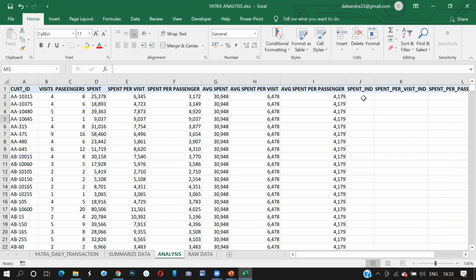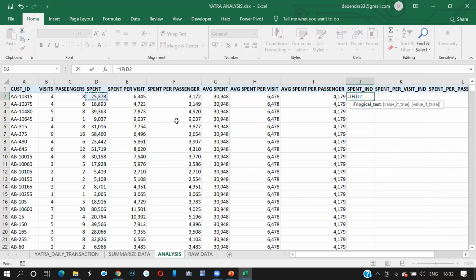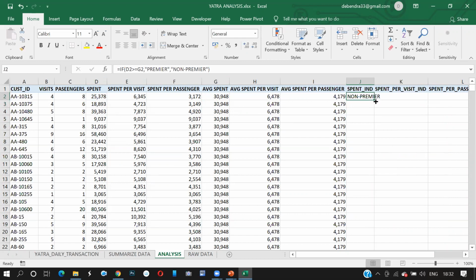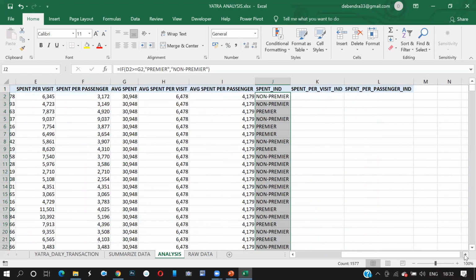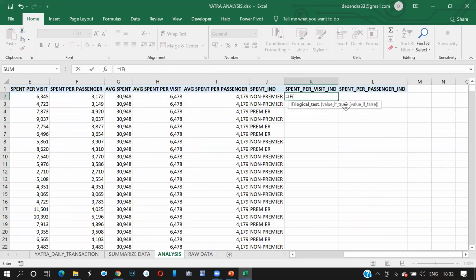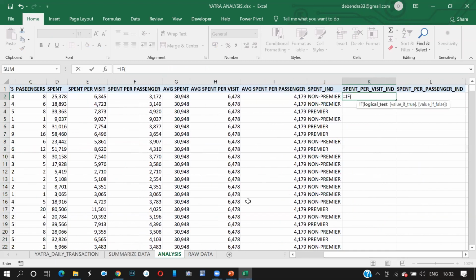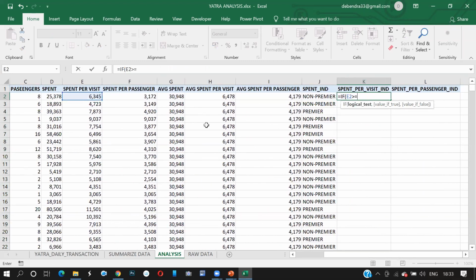What I'm saying here, I'll give a condition. If this customer's spend is greater or equal to the average spend, I'll call them a premier customer. Else, I will call them a non-premier customer. So I get who are the premier, who are the non-premier easily. Same thing here: if my spend per visit is greater or equal to average spend per visit, we call this premier.